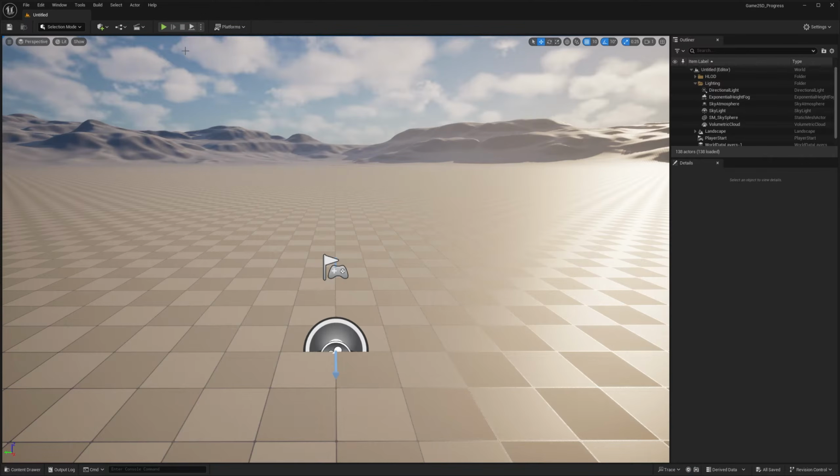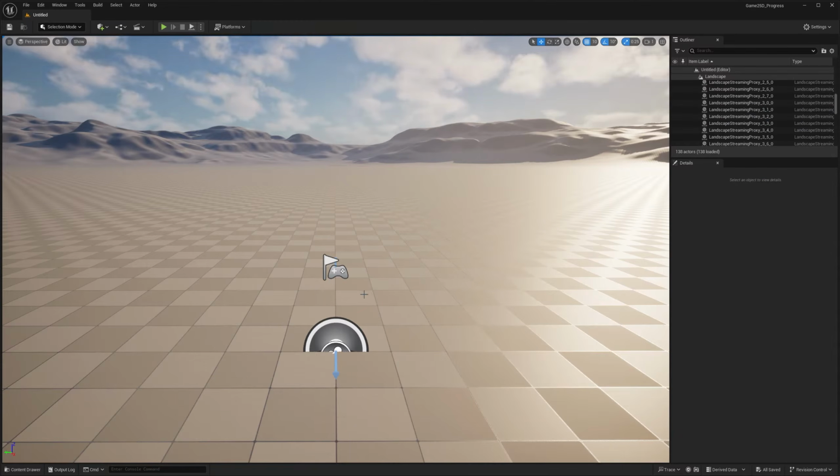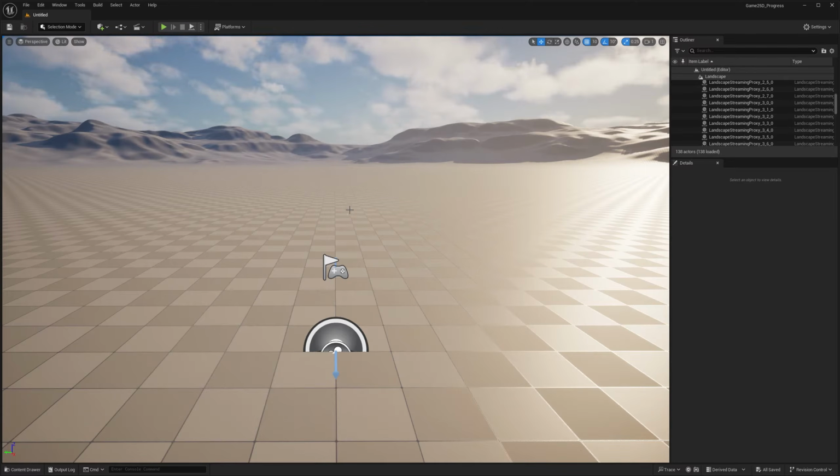I'm going to navigate the interface and explain to you what each one of the things does and how you can manipulate the objects too. If this is the first time that you're using a 3D package, a DCC, or if you come from Unity, or if your background is from Maya or something like that, you're going to recognize this. This is what we call the viewport. Essentially, everything that we see here is the world that we can interact with. Under the hood, without you knowing, this is also the level that we have active.